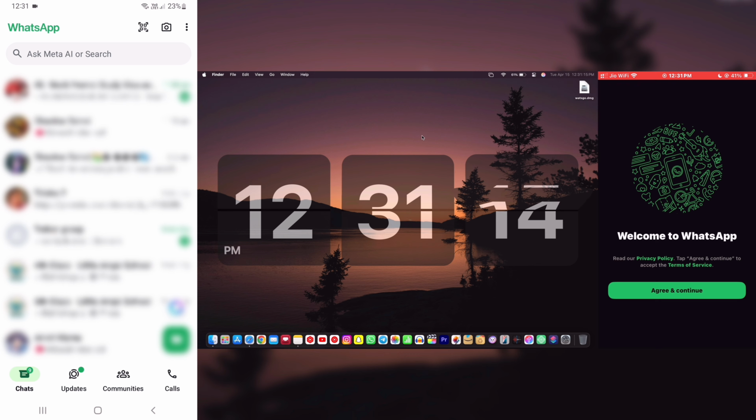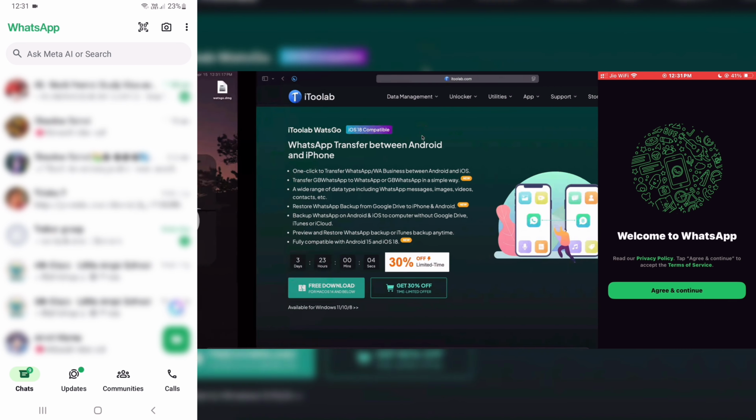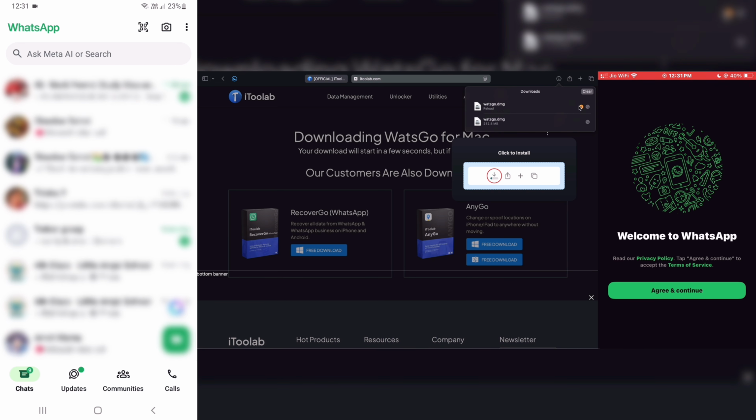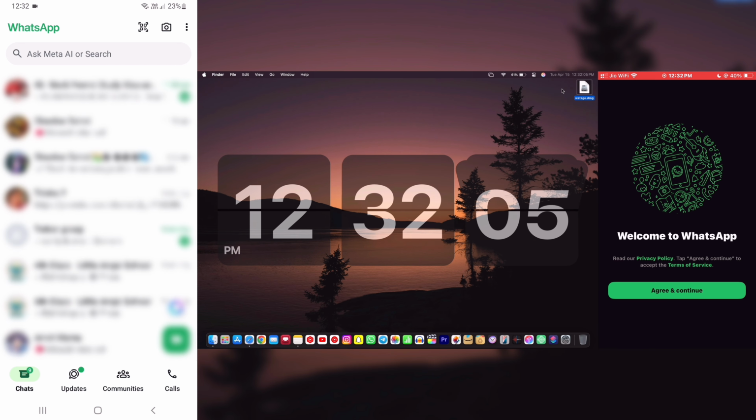by iMyFone. Firstly, you will need to download it and install it on your PC. For that, go to the direct link given in the description and in the pinned comment and select the device on which you want to install. You will get options for both Windows and Mac. I am using Mac right now, so I will just download the software for Mac. But as I already downloaded it, let's install it and set it up.